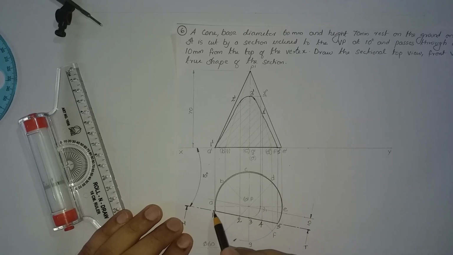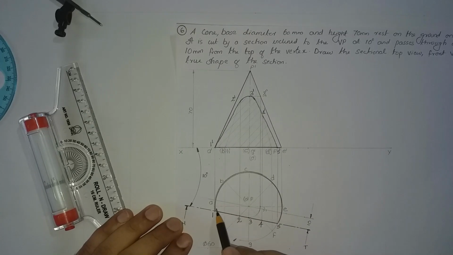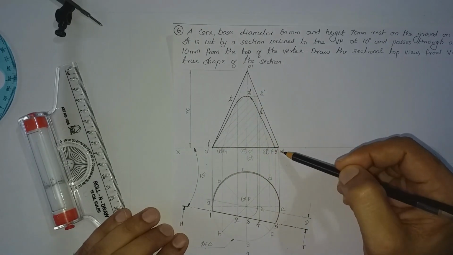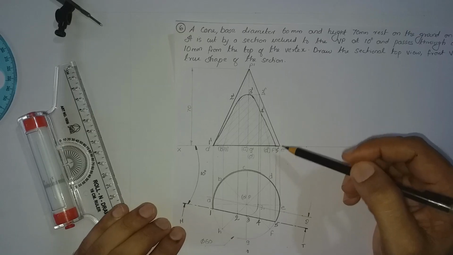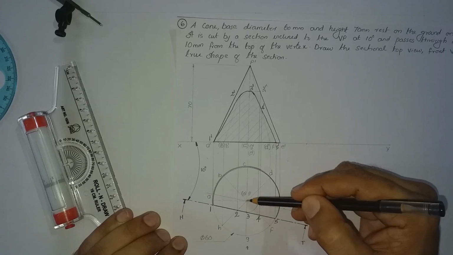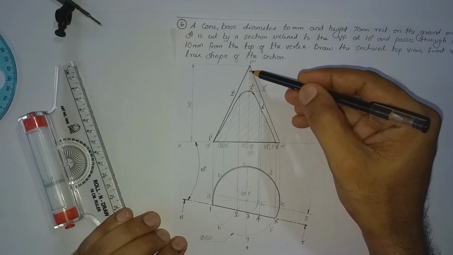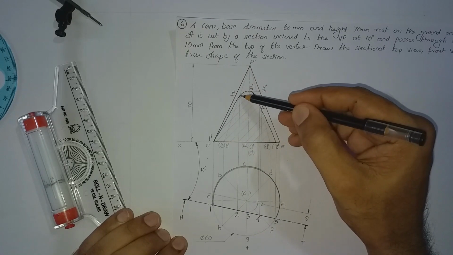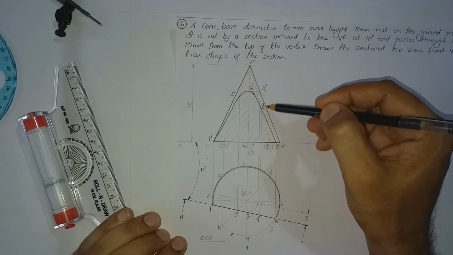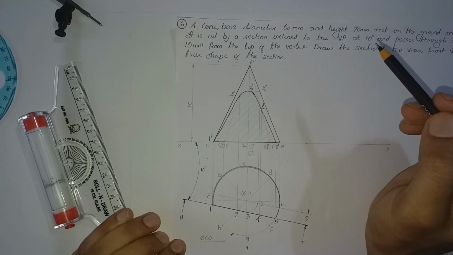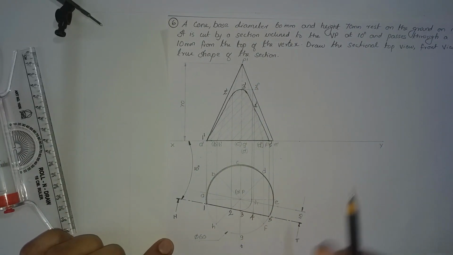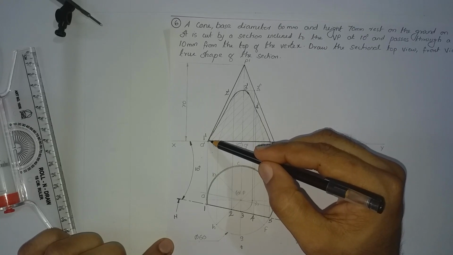Here PA and PE, these two generators are completely remaining, that is P'A' and P'E'. So we have done it as the outline of the front view, and we need not draw P4, P2, etc. because these are only generators. So this is P2, but here we need not draw P2 because it is only a generator, and likewise P4 and P3 are also not required.